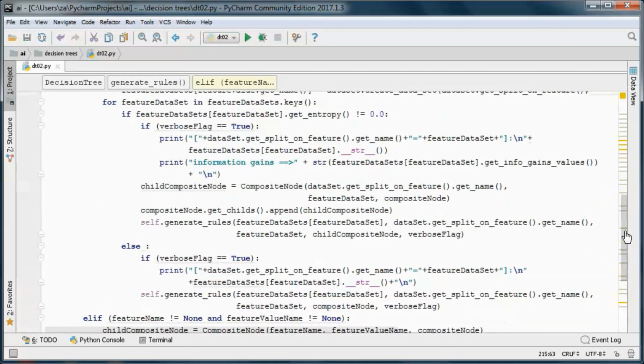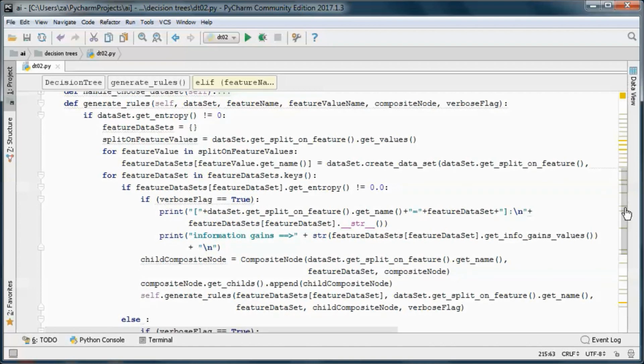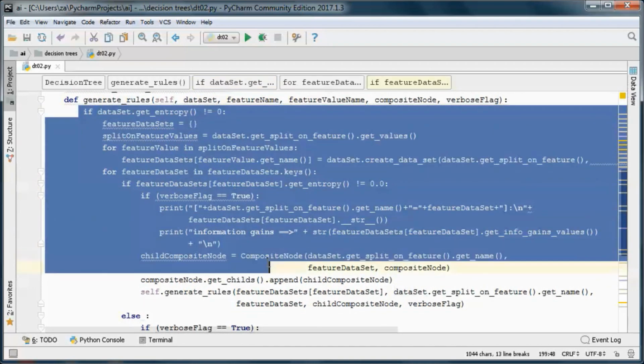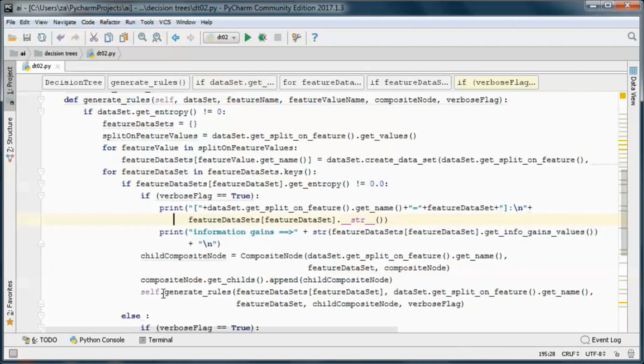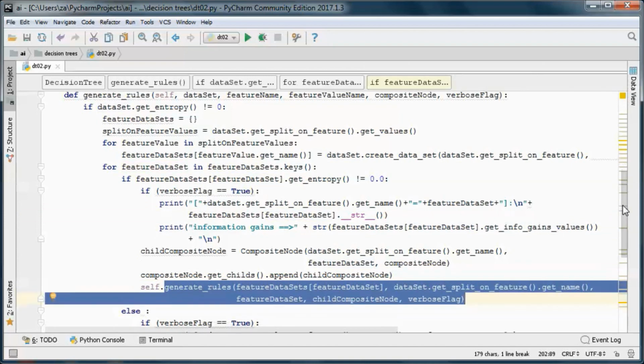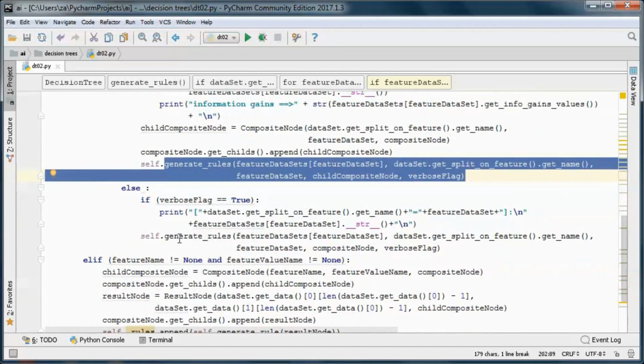And in this case, this method ends up recursively calling itself here and here.